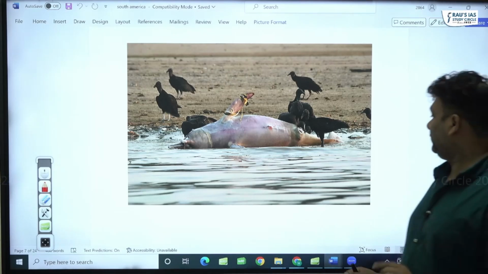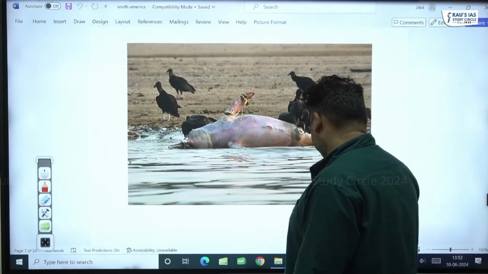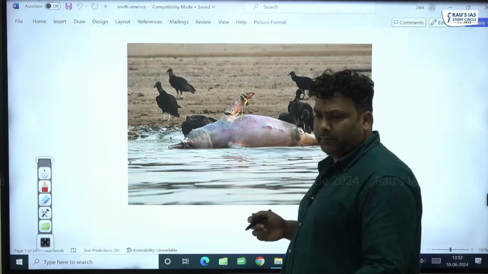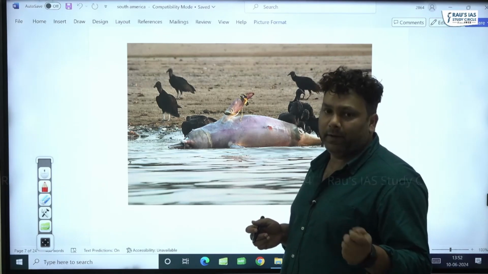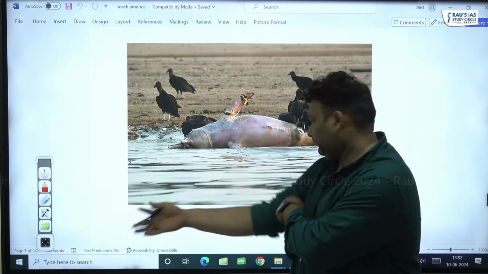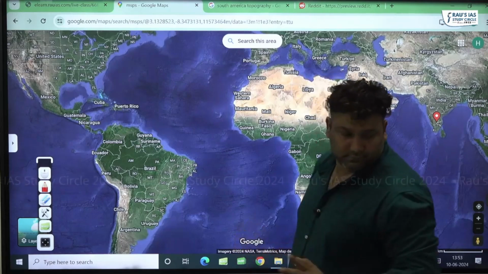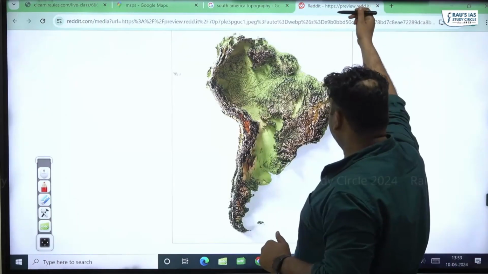So this is about the Amazon River and the current updates of the Amazon River. When you're making notes, you can leave enough space here. You can make this a master copy. In future, when you have updates, you can add them here. The issues will more or less remain the same. So the next river is